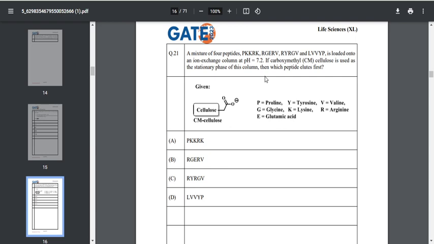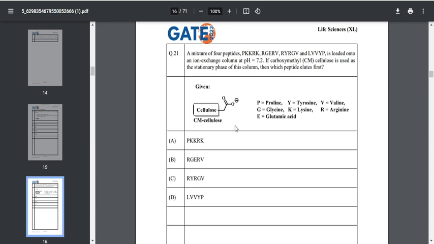At the same time, you should also have a basic understanding of which amino acids are considered basic or positively charged amino acids. So for this particular question, the correct answer is option D. Because if you take P, K, K, R and K, here you can see P for proline, K for lysine, and